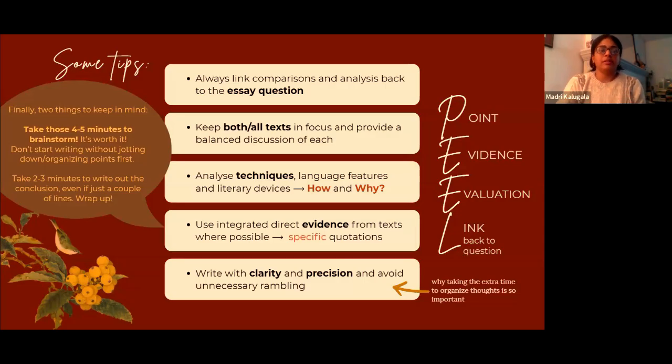Then finally, take 2 to 3 minutes to write out the conclusion. Like I said, even if it's just a couple of lines, wrap up your answer. Don't leave it at P, put it to the L and PEEL the question. PEEL, like always, focus on PEEL. Okay, so I think I drove that point home